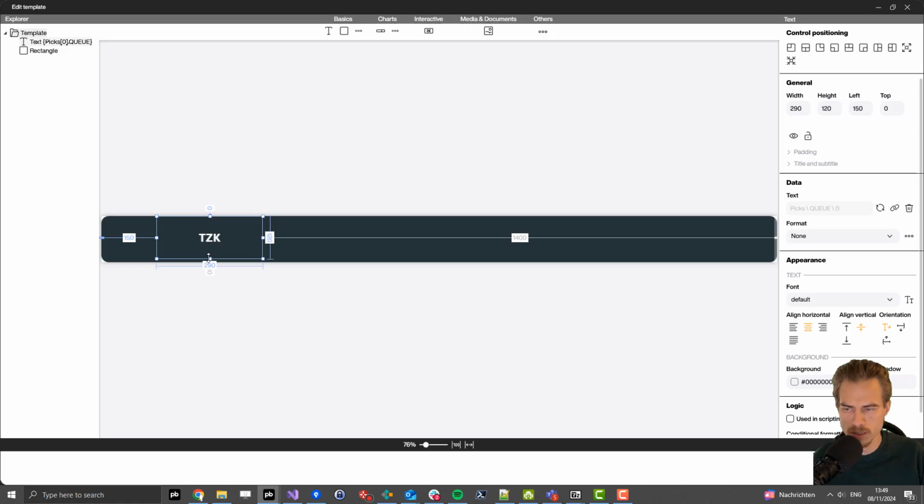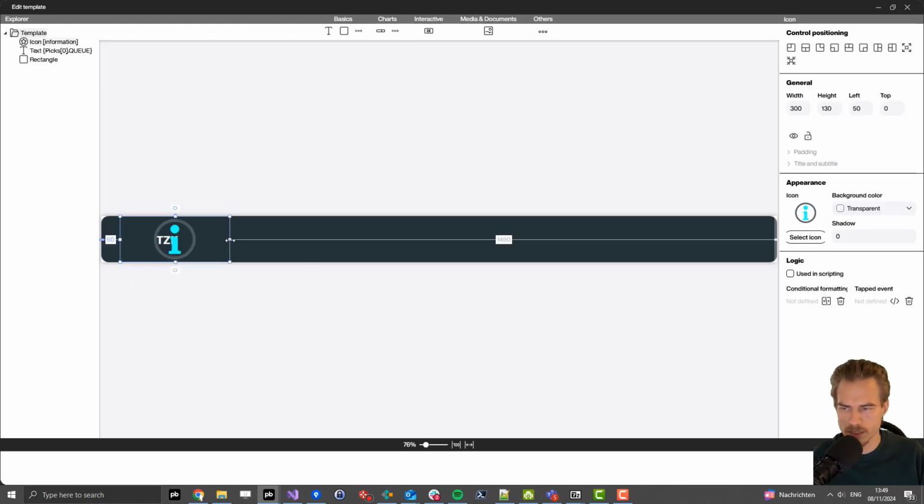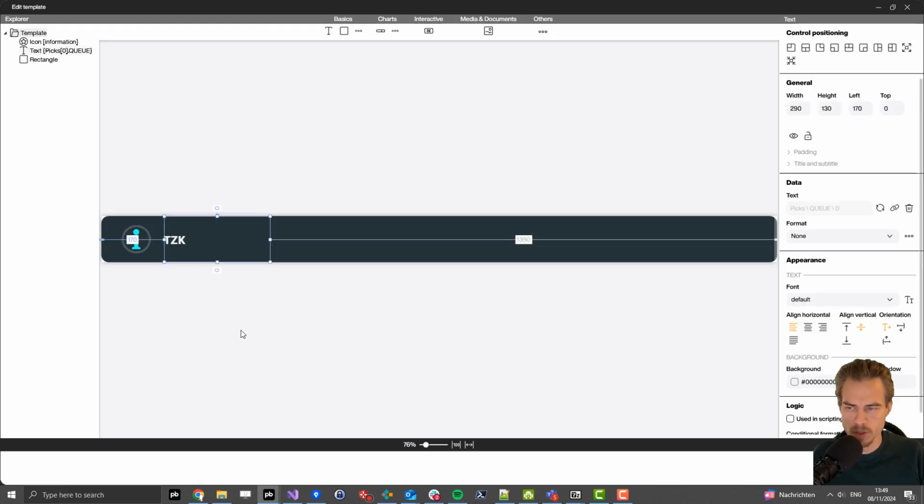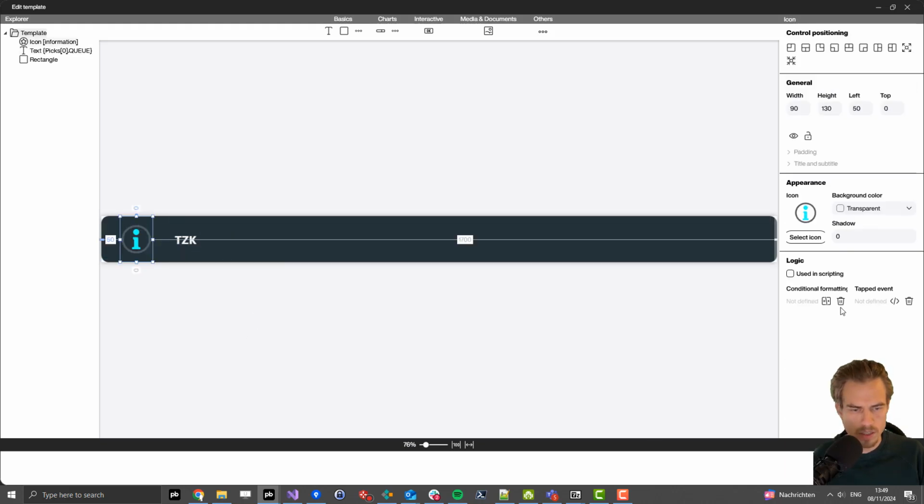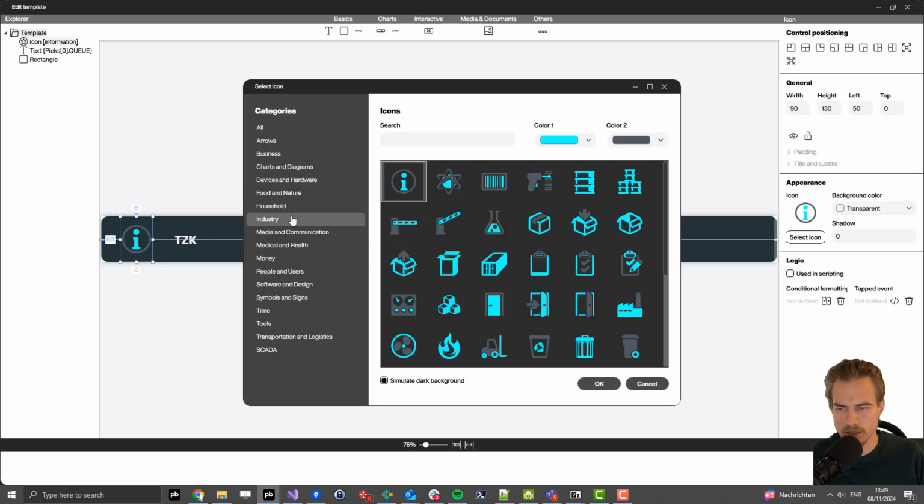Let's align it to the left, and I also want to add an icon here on the left side. So for that just place that one here, like this. Let's change this icon, and for that I just select the industry part of the icons